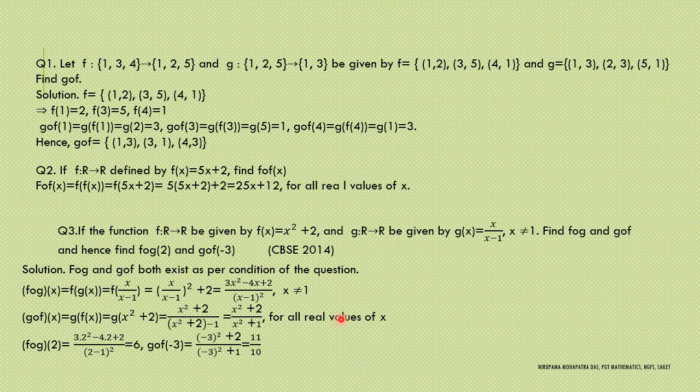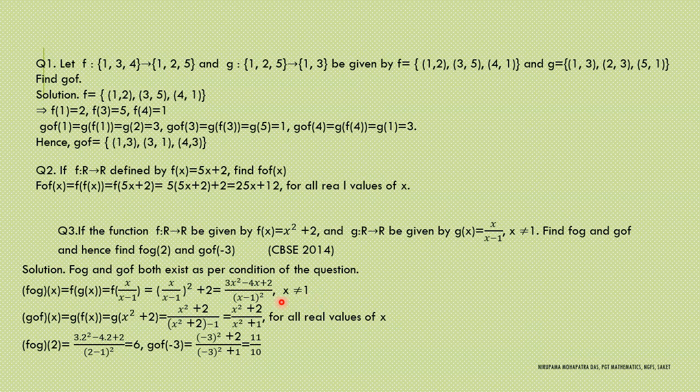First of all you have to find f of g. So f and g are functions from R to R, so obviously f of g and g of f are defined, they will exist. So f of gx equal to f of gx. Gx is x by x minus 1, so it is f of x by x minus 1. What is our fx? It is x square plus 2. So f of this will be this square plus 2, right? So we are getting here 3x square minus 4x plus 2 divided by x minus 1 whole square,